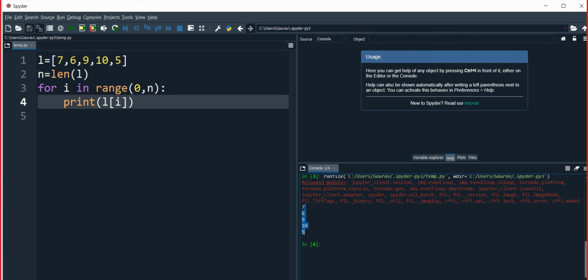See, this is 7, 6, 9, 8, 10. So this will print all the values at a time, and you can do many more things in that, like suppose that I have defined